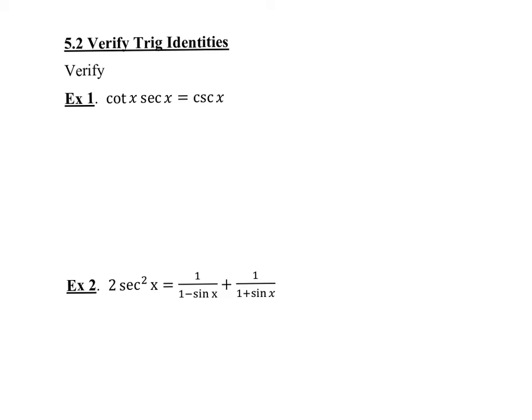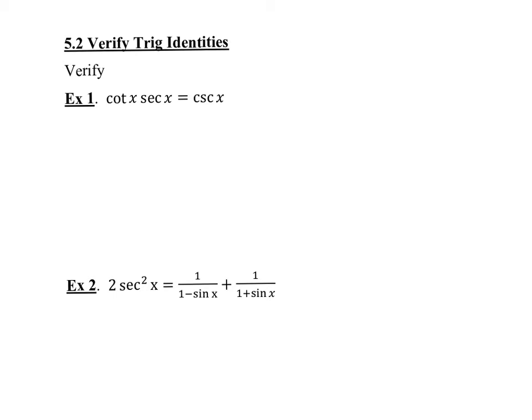Section 5.2 is verifying trig identities. So these are statements or equations that we know to be true. You're going to prove that they are in fact true using the fundamental trig identities and your algebra skills. Okay, the nice thing is you know exactly what you're trying to go for,